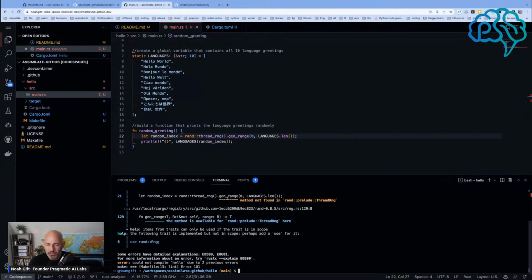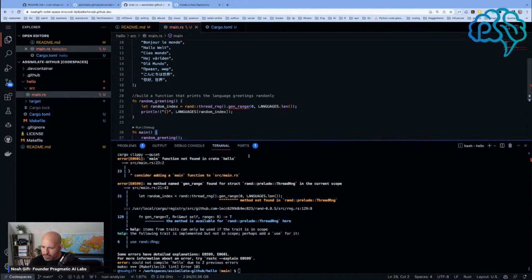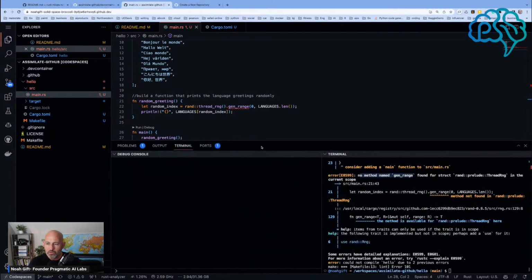There we go. So we have some other problems too, but let random rand, and then we can just say, put it inside of there. Now one of the things it is saying is consider adding a main, which we did. No method named genRange, method not found. And so what we can do here